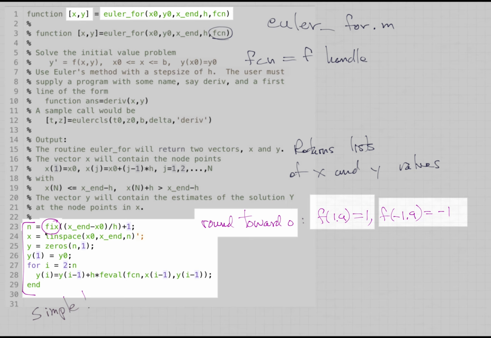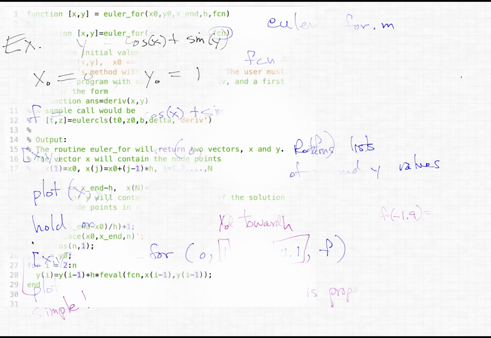One other thing here, let's see. We use the linspace function to divide the interval up, or to get a list of the points in the interval after it's been divided up. And notice that we apply a prime to it. That's the transpose function. So linspace returns a list or a row vector, and then they apply the transpose function to it so that x is actually